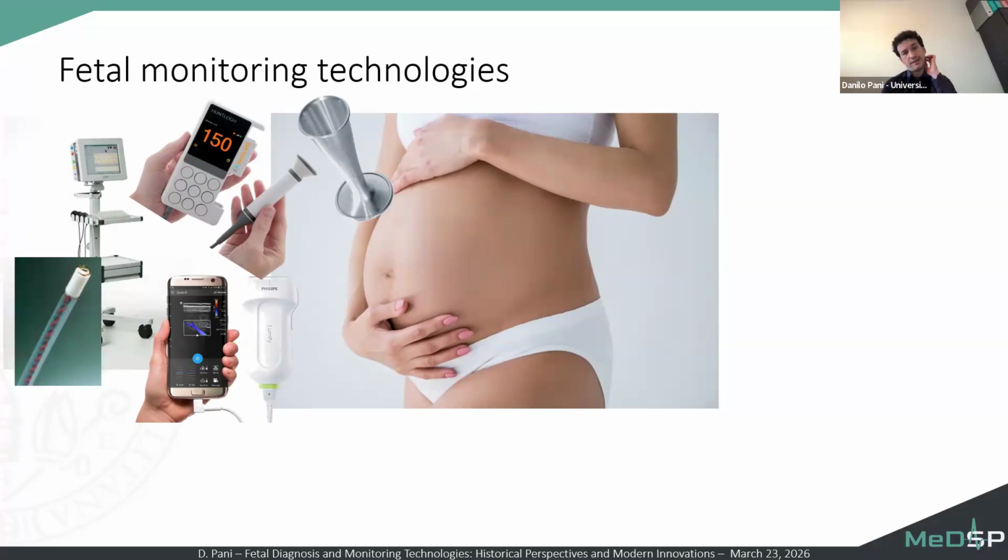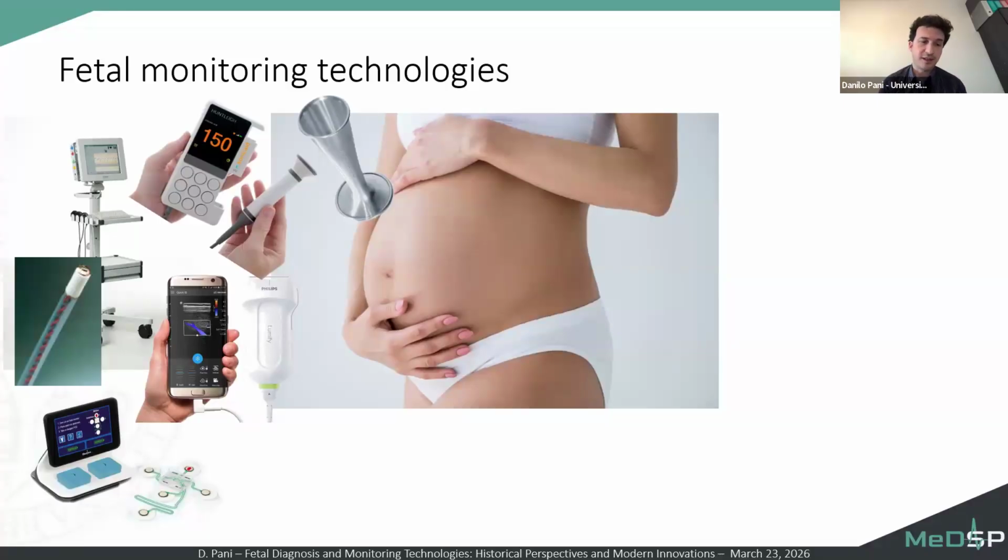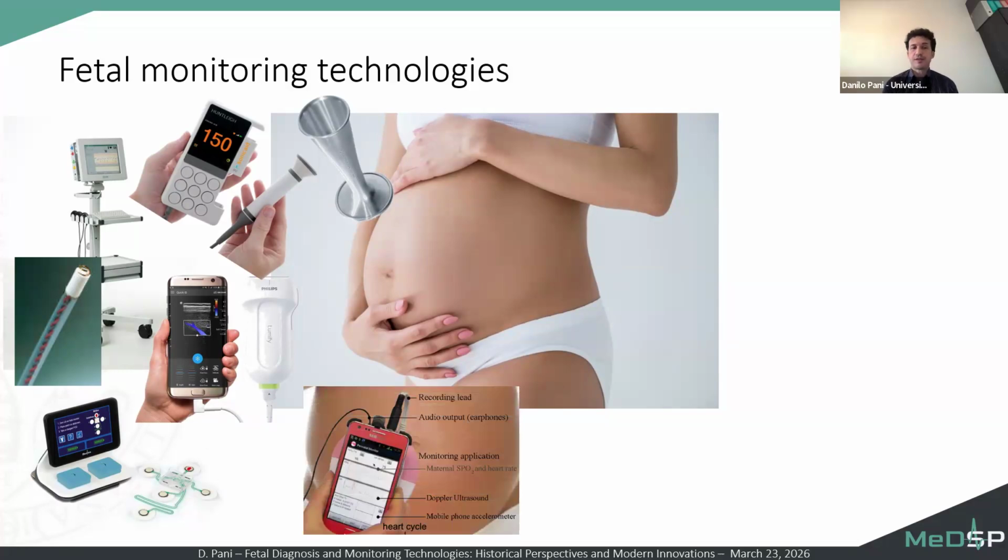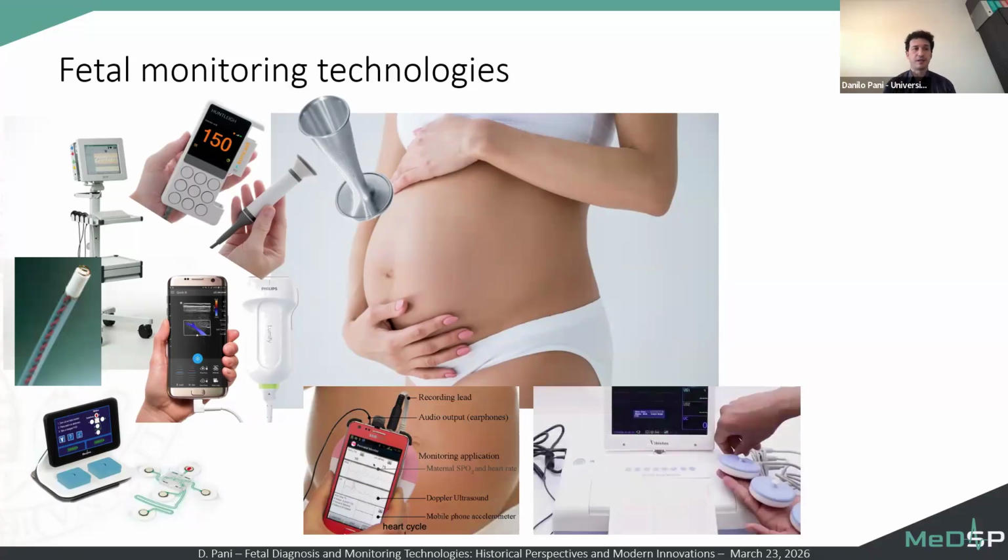Another important technology is fetal ECG. In this case, you see an invasive fetal ECG machine, but there is also the possibility now to collect non-invasive fetal ECG by applying electrodes on the maternal belly, as we will see in a while. Multimodal measurements, so recording of ECG, phonocardiogram, 1D ultrasound, Doppler, etc., can be useful for low and medium income countries where conventional and more sophisticated technological assets are not available. In Europe, the USA, Canada, Asia, and medium-high income countries, conventional labor monitoring is performed by cardiotocography,